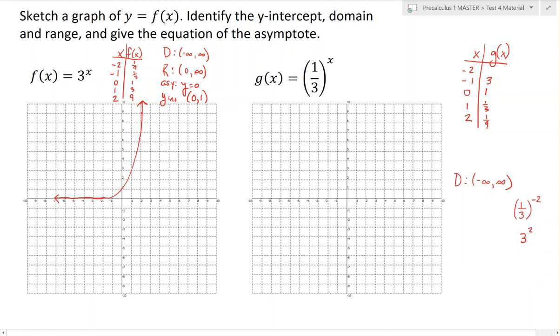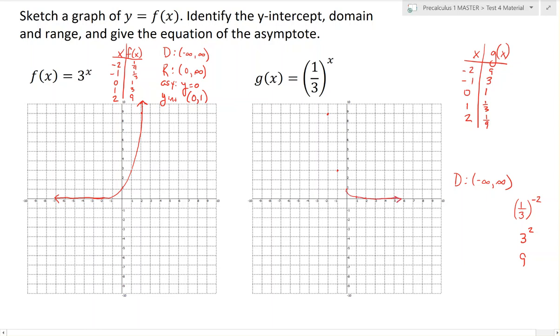Flip the fraction, that makes the exponent positive, and 3 squared is 9. And you're seeing some similar values that we had over here, just placed differently. I have points of (-2, 9), (-1, 3), (0, 1), (1, 1/3), (2, 1/9), and